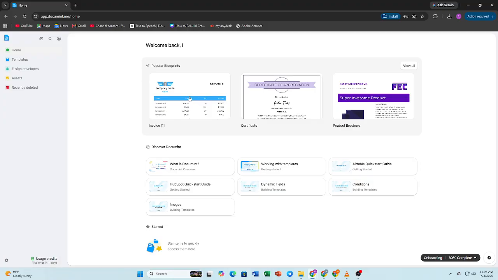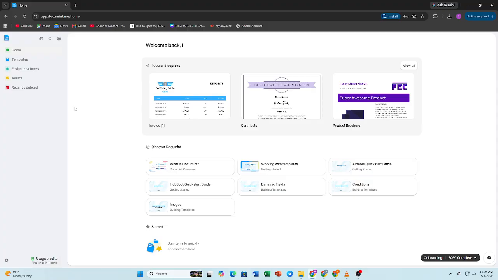In your application or automation platform, send an authenticated request that includes your API key, the template ID, and the data for each dynamic field. After sending the request, wait for the API response. If everything is configured correctly, Documint will generate your document and return a download link or document details, depending on